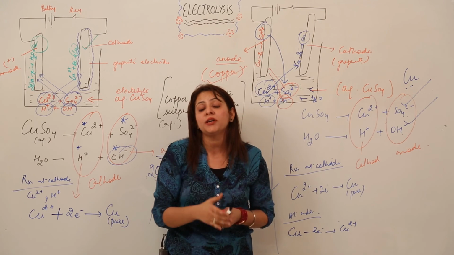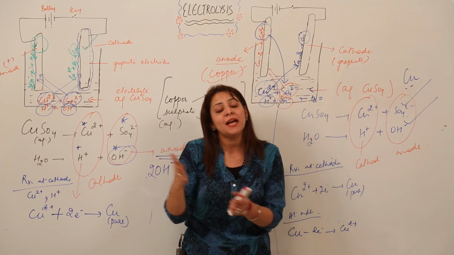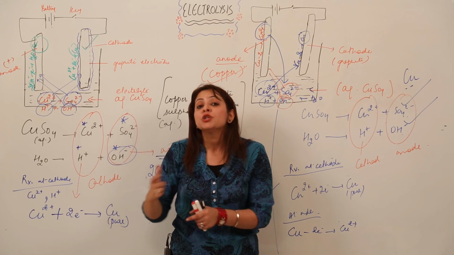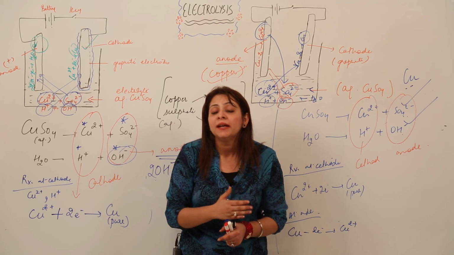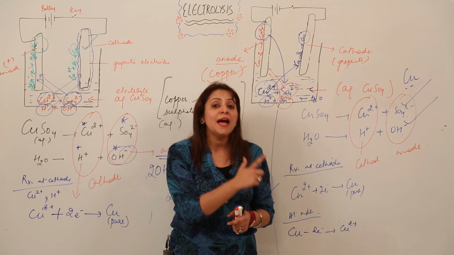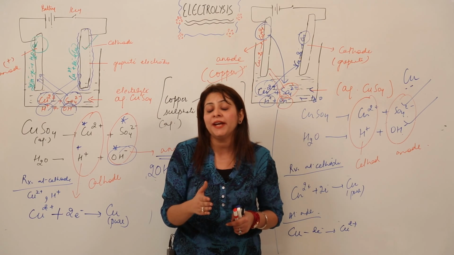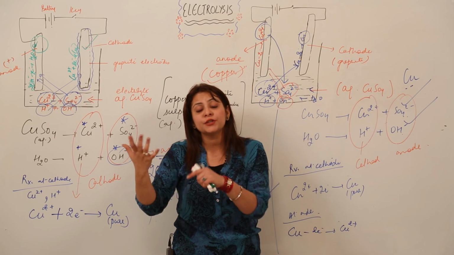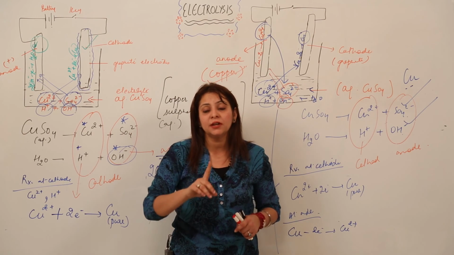See, it is an important task when you are carrying out electrolysis, to distinguish between the molten electrolyte and the aqueous one. In the aqueous one you need to dissociate the water as well, and in the molten we are just concerned with the salt, right. But in the aqueous one we are concerned with which of them has the lower electrode potential, and that is going to undergo oxidation or reduction accordingly, right. So this is the first point which you must remember.